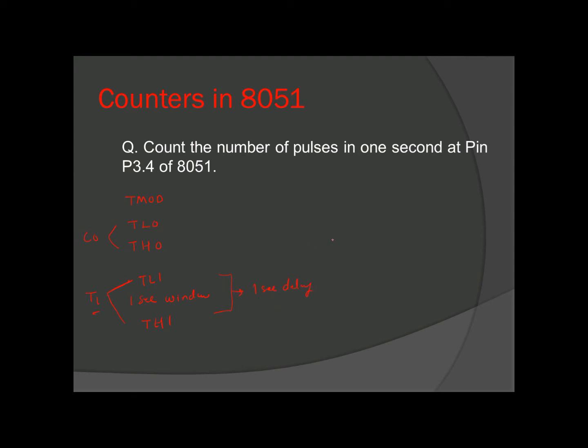So what should be the flow of our program? The flow of the program would be to set the value of TMOD. Once the value of TMOD is set, we'll go and set the values of TL0 and TH0. The values of TL0 and TH0 will always be 00H